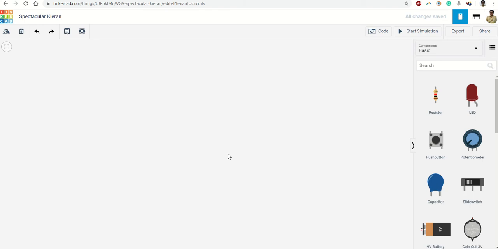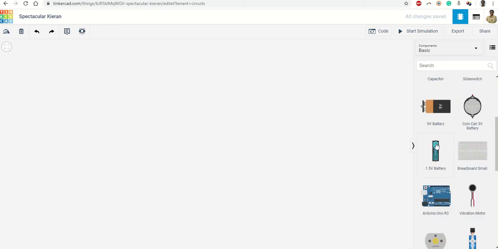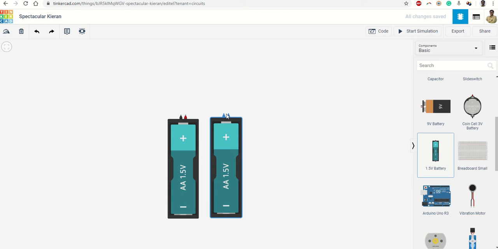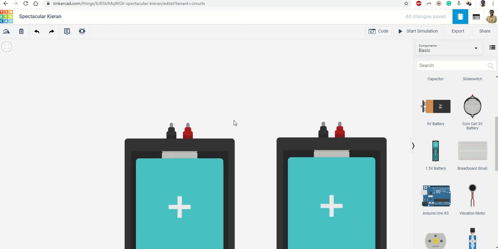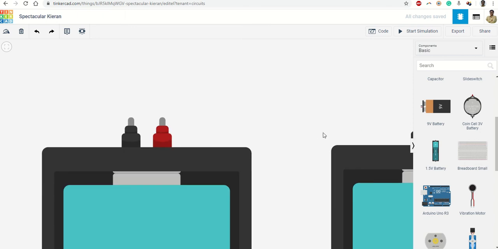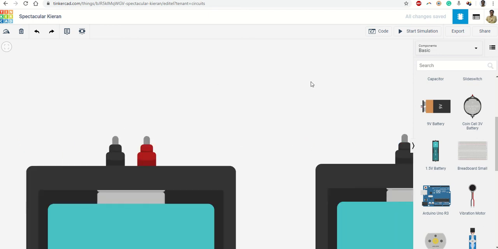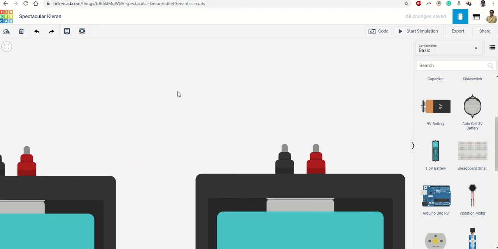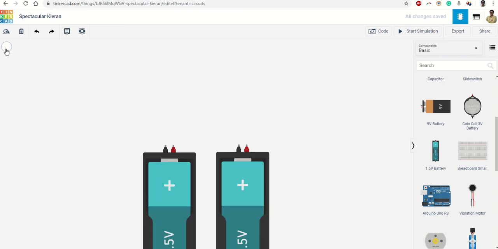So we are going to make a very simple circuit. I take a battery. This is a 1.5 volt battery, and I take one more. So you can see taking components to the workspace is very easy. You can just drag and drop. You can zoom in the workspace by scroll of your mouse, and if you find that the circuit has gone out of boundaries and you are not able to access it, you can click anywhere and drag left and right by holding the mouse, or you click here to zoom to fit.